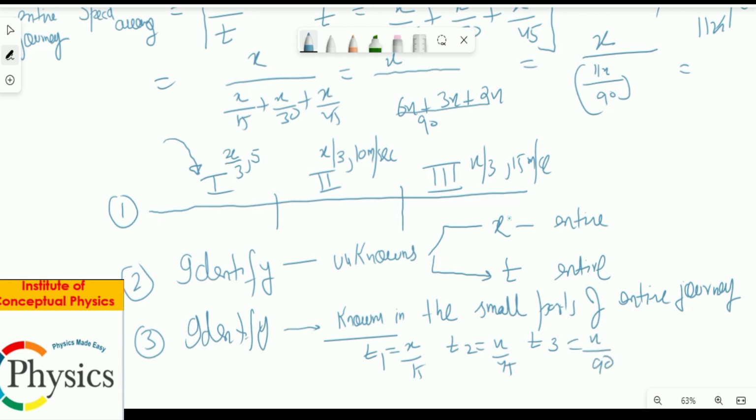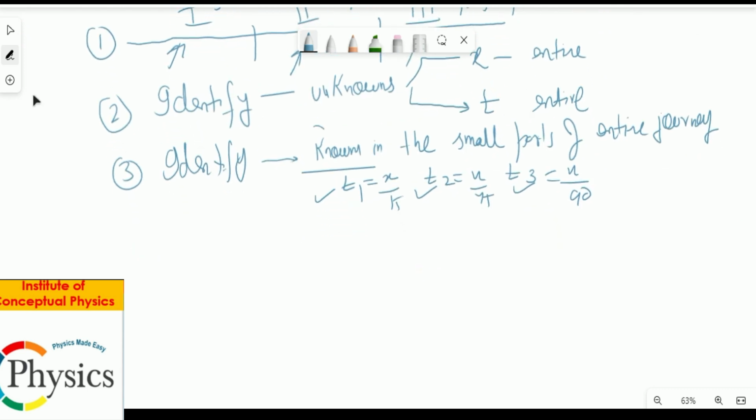The knowns are the first part, second part, and third part. They give you useful information which you can use to calculate the unknowns. After you find the times with the help of the known quantities, and the knowledge that each distance is 1/3 of the entire journey,